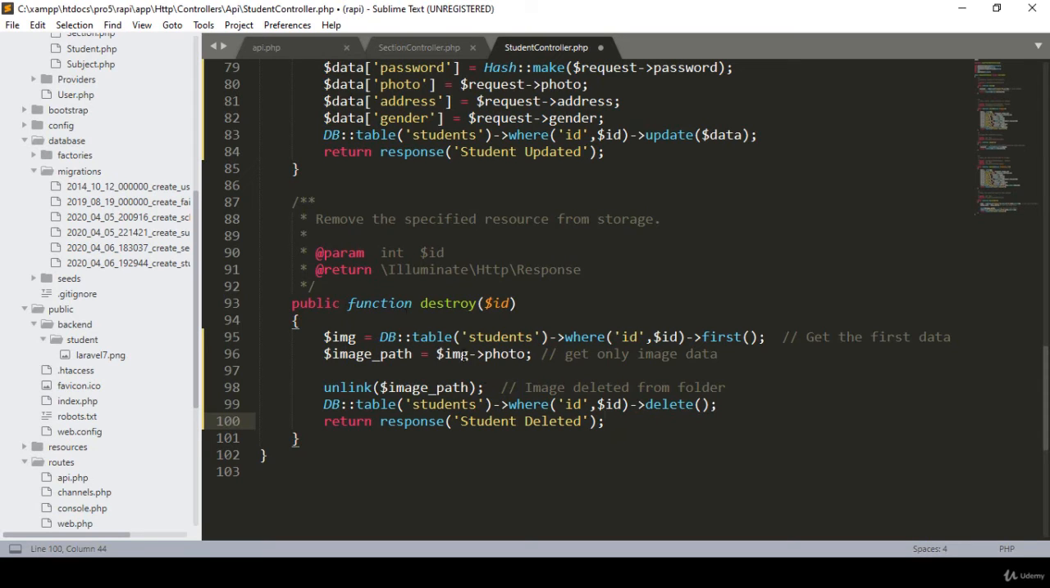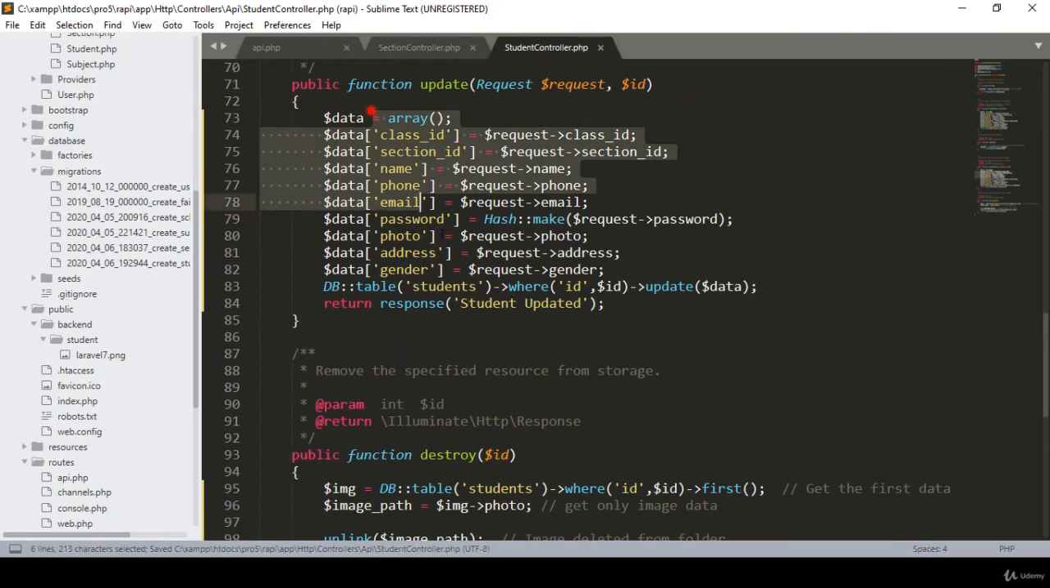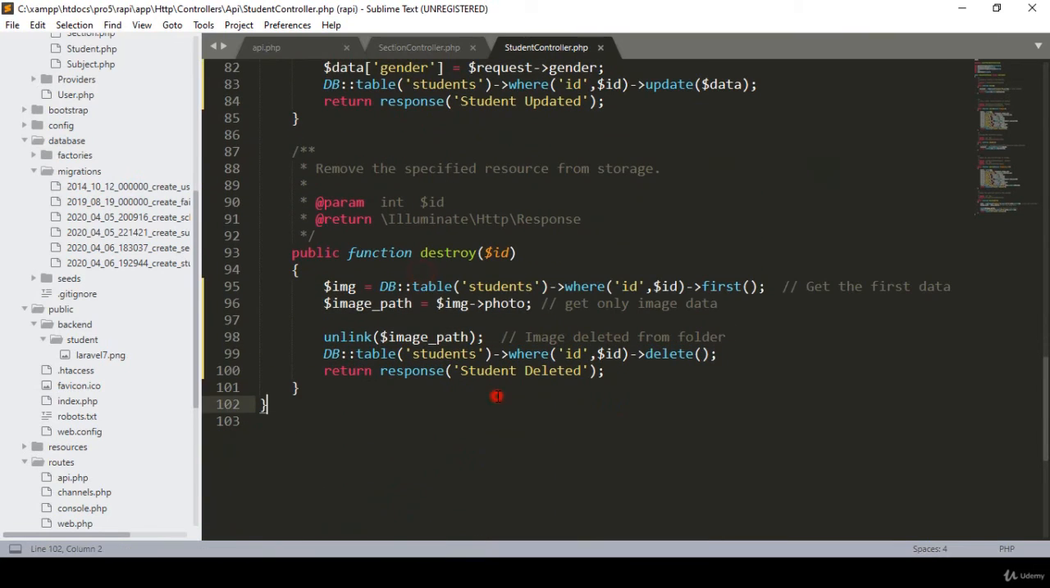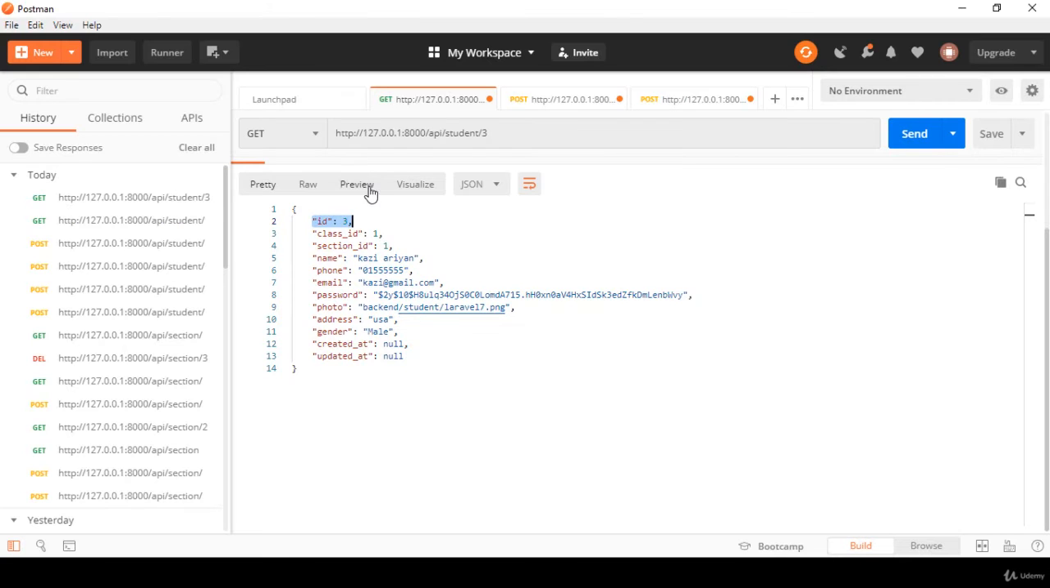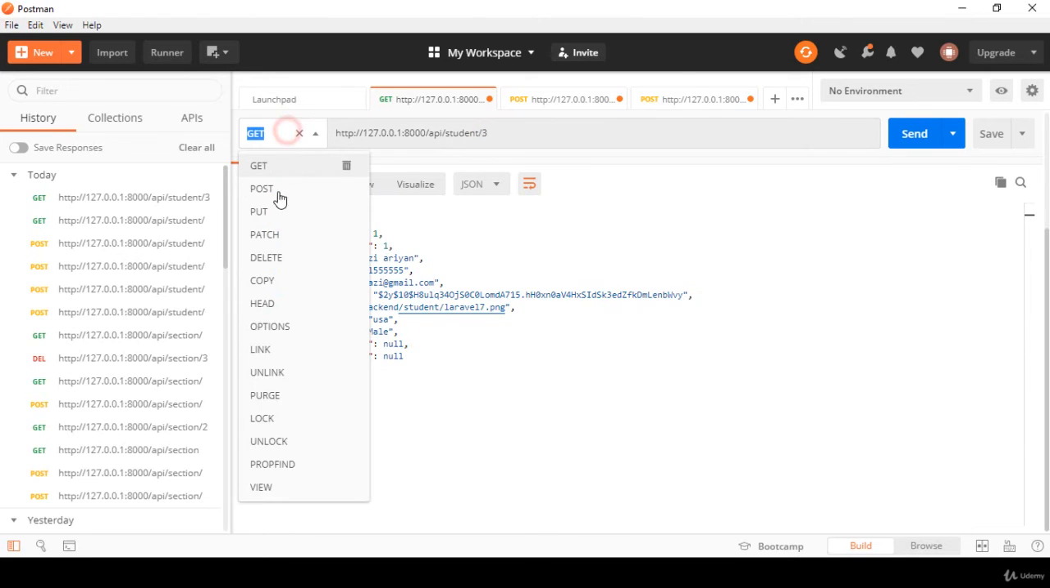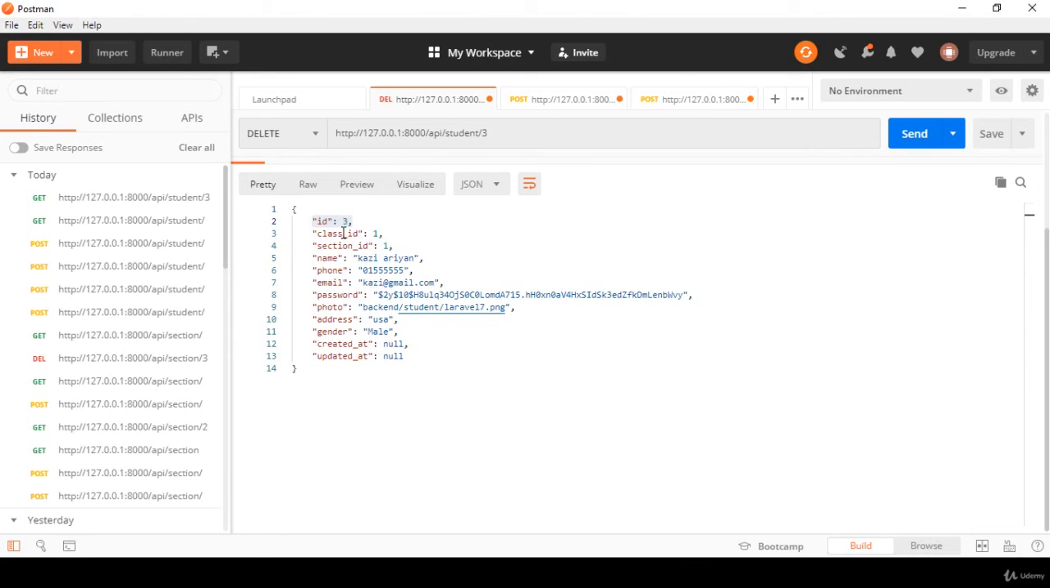Okay, so now perfect. Now if you click on save all, I want to check our update method and also the destroy method. First of all, here I want to delete or destroy. If you go to our Postman, that is actually the 3 ID I want to delete. So here I define it as a delete. That is our 3 ID. Now if you click on send,